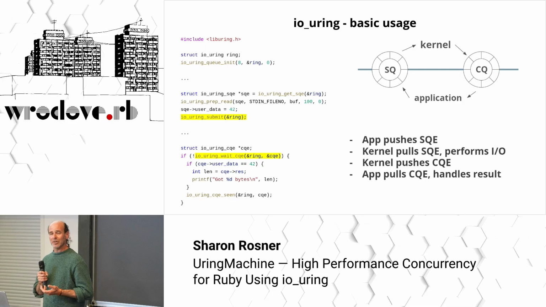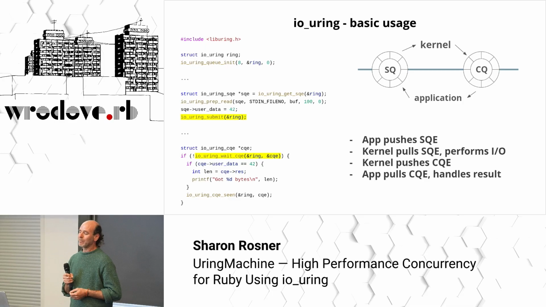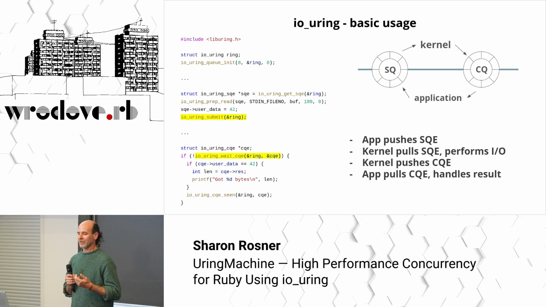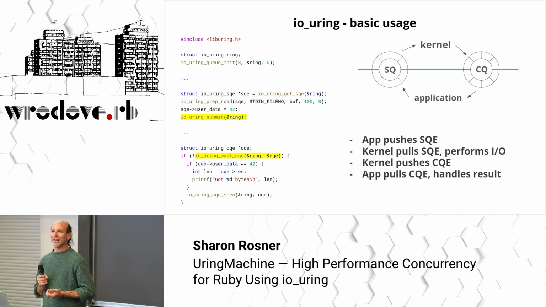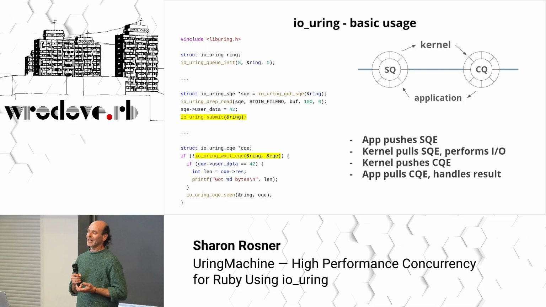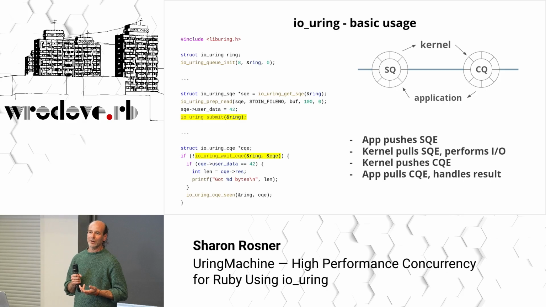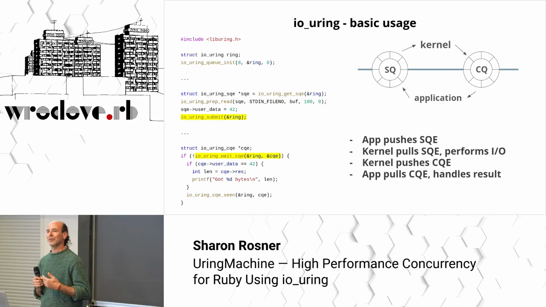So, in this example that we see here, this is some C code. We start by setting up the io_uring instance, and then, in order to submit an I/O operation, we get a pointer to an entry in the submission queue by using io_uring_get_sqe. We prepare the entry using one of the io_uring_prep functions, in this case a read operation. We provide the different arguments for the read operation, which is really similar to how you would do it with a normal read syscall. And we also set a user data that is associated with the SQE, with this I/O